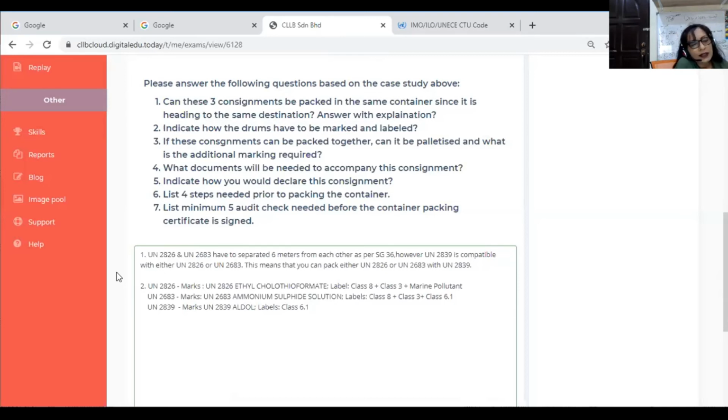If these consignments can be packed together, can it be palletized, and what is the additional marking required? Because you cannot pack them all together, right? And they are all P001, correct or not? Actually, they are all P001. So you can actually palletize them. You can put these drums on a pallet and shrink wrap them, right or not? So here, when you answer this question, if the